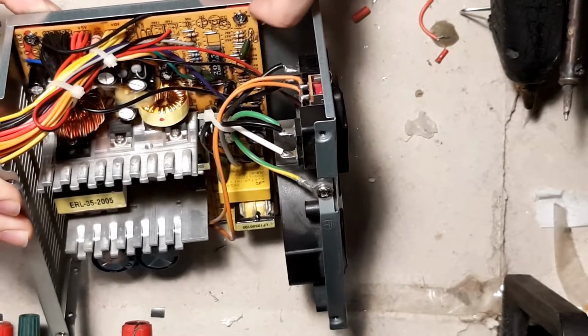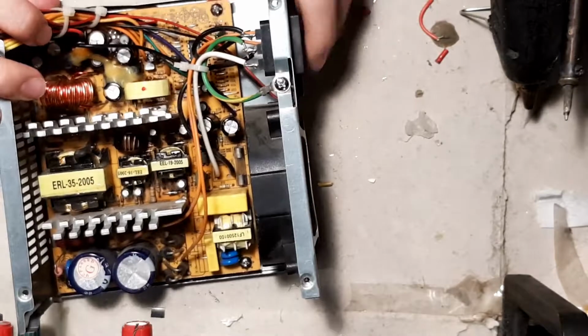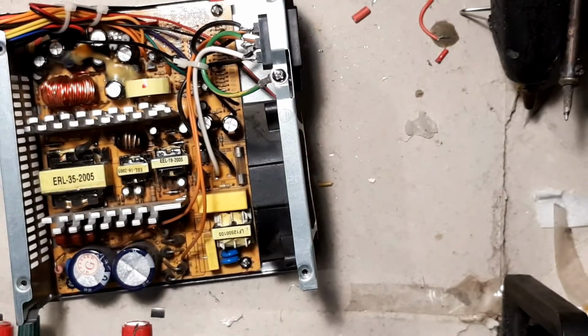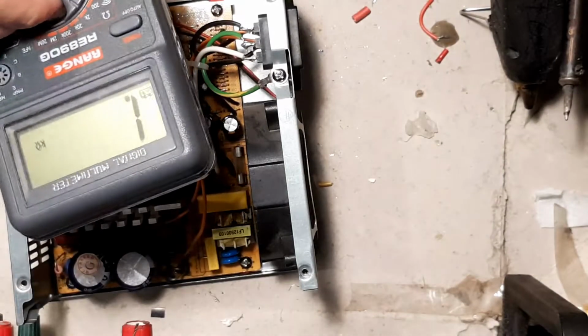Now, if you can stop this from happening, you can put a washer in between and screw it down. You can take a multimeter. If I can just grab one here real quick, one second. If I take this multimeter here, and I set it to continuity mode,